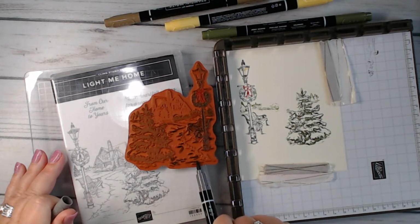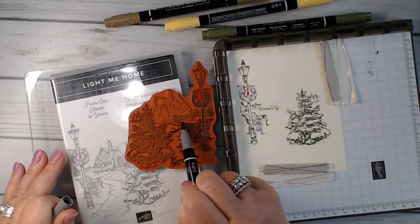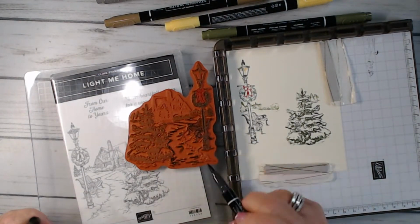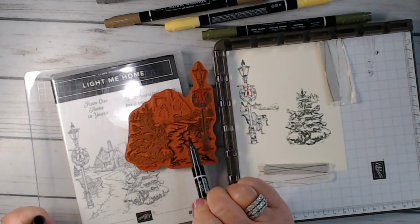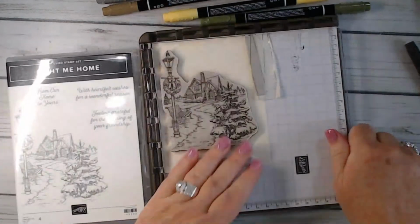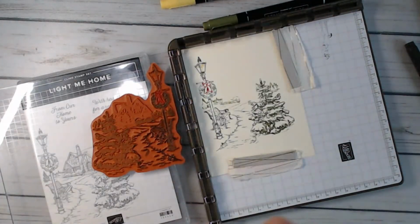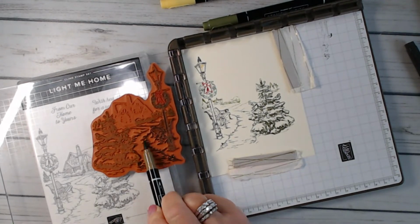And of course, these are water-based. They'll come right off of your stamp, so don't worry about that. And then I took the darker gray and I kind of went around the outside, kind of like it's the edge of the road a little bit. And then I went under the bench. So you're going to be kind of seeing a little bit more of what's going on in the picture. All right, so now you can see the road. And then I did a little bit of brown on top of that. Just a little, because it is the road, and you know, snow is...